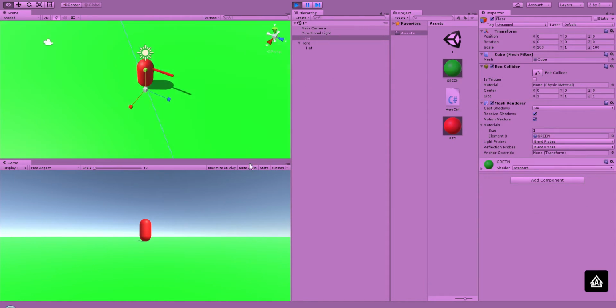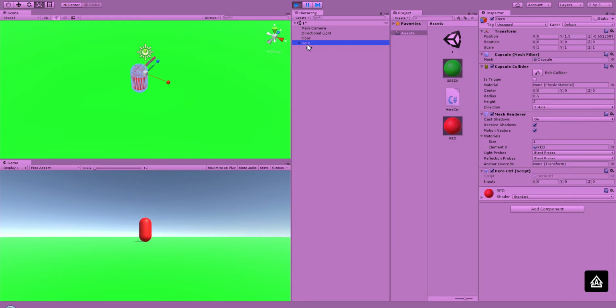Okay, I'm going to pivot around just a little bit to look at him from that point of view. If I click back on my thing and I push forward, he walks forward. If I push back, he walks back. If I take my hero and I click on him, how can I test that this is actually working in a few more cases? If I rotate him 45 degrees manually, and then I press forward on my joystick,